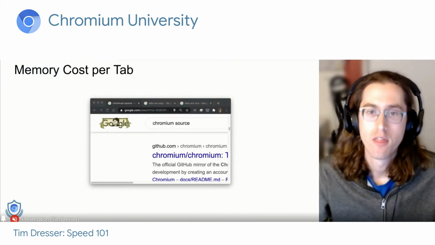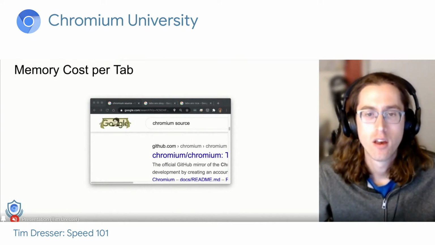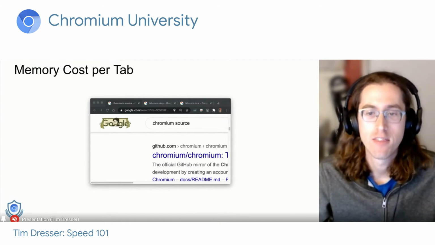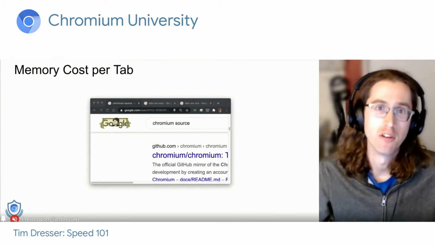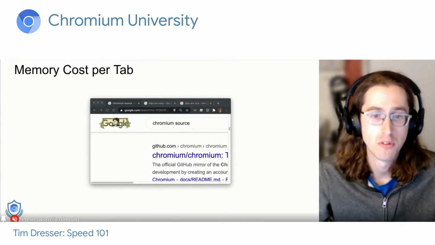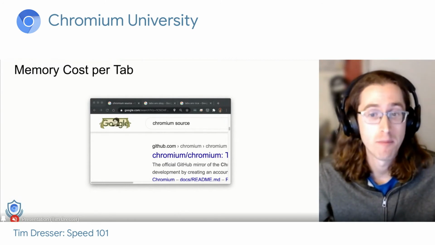A few years ago, there was a big push to reduce the memory consumption per tab. We verified the experiment in the lab, but in the wild, we didn't see any change in the overall memory consumption. We eventually realized that we were running into an example of something known as Jevons paradox. Jevons was an economist who noticed back in 1865 that the more efficient coal burning was, the more coal would be burned in total. This is kind of unintuitive. You'd think that the more efficient resource use was, the less of that resource we would use. But in practice, that wasn't the case then, and it wasn't the case with tab memory consumption either.